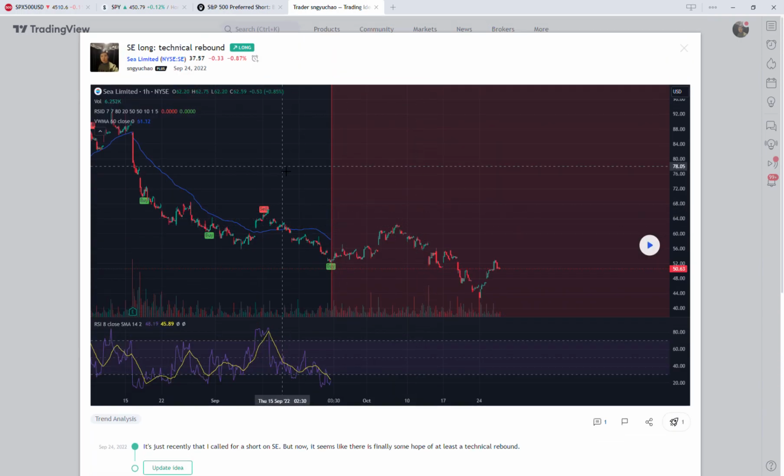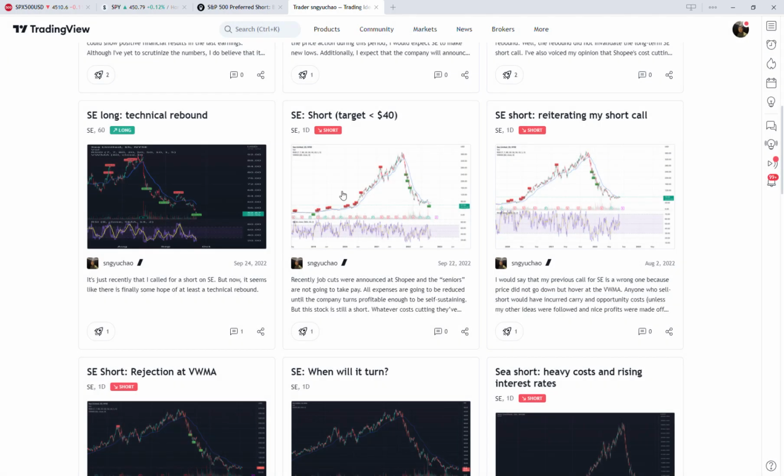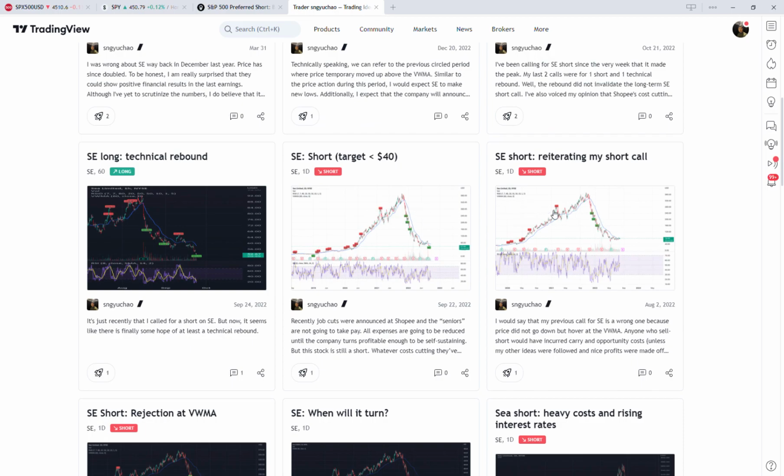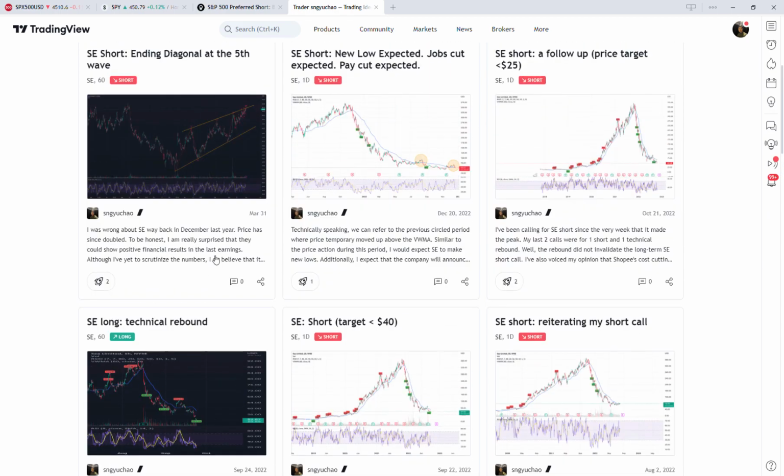So obviously this is not really an Elliott Wave counting. I do have my own proprietary technical indicator. Okay, so yeah, a call for a buy, and as you can see over here, since July I'm a bit doubting whether the fall will continue to go down straight, even though the next few calls are also short. Right, when I finally call for a rebound on the 24th?